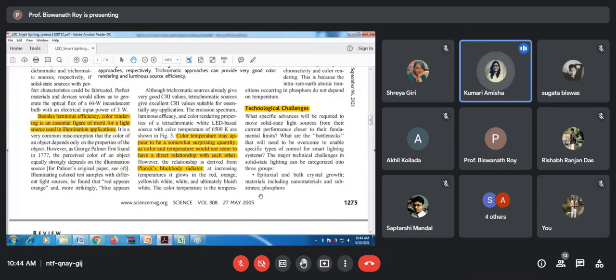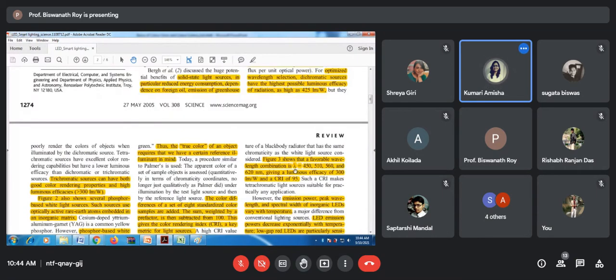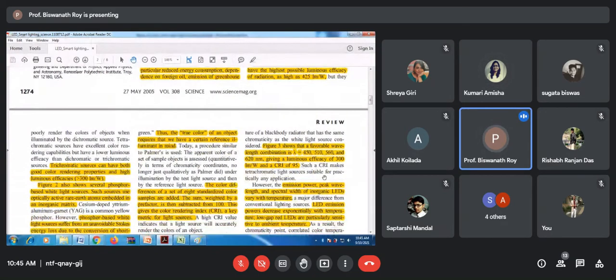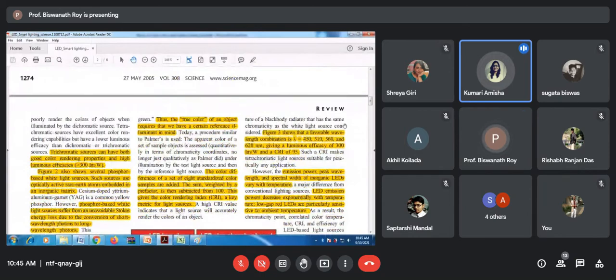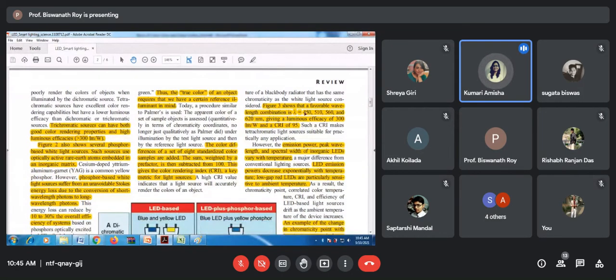Color temperature may appear to be somewhat surprising quantity, as color and temperature would not seem to have a direct relationship with each other. However, the relationship is derived from Planck's blackbody radiator. At increasing temperature, it goes in the red, orange, yellowish, white, and ultimately bluish white. The color temperature is the temperature of a black body radiator that has the same chromaticity as the